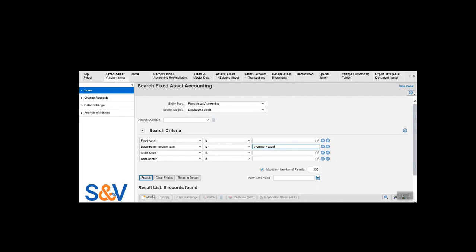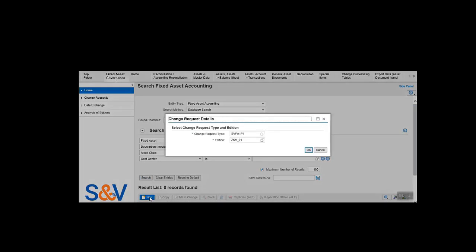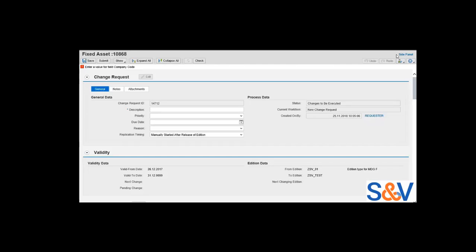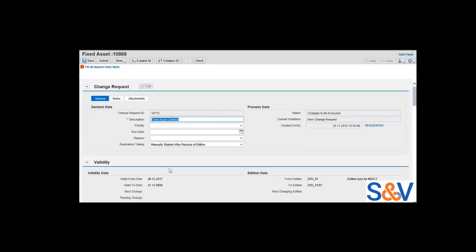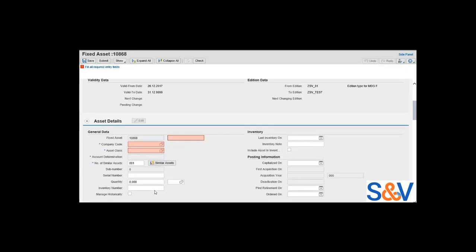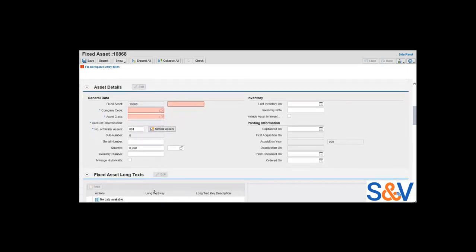To create a change request for the new fixed asset, select New. Create a change request type and Addition. Choose OK to save your entries. In the Change Request section, enter a description. In the Asset Details section, enter a fixed asset description, company code,